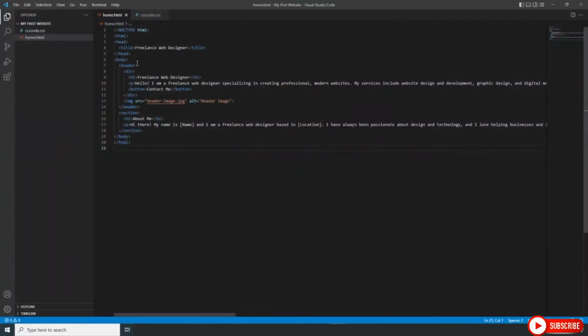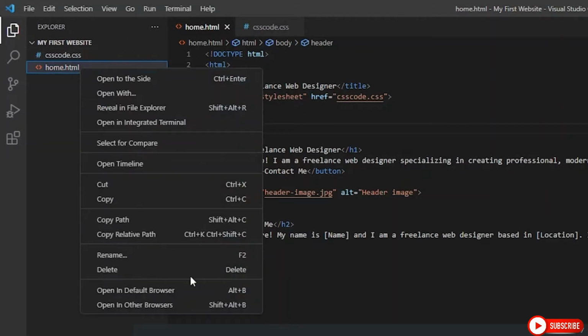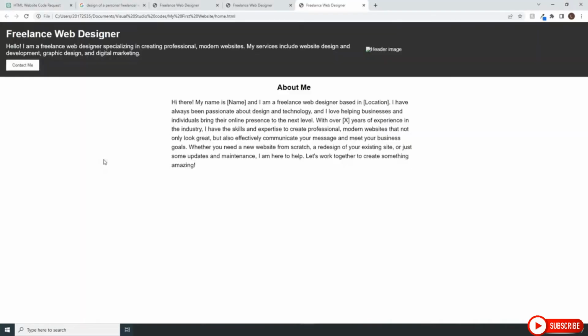and go to Visual Studio, and in the head right here below title, let's just paste that right there. Now it refers to style.css, so we have to rename this file, or we can just write right here code.css, because that's what we called our CSS file. And let's hit Ctrl S to save this,